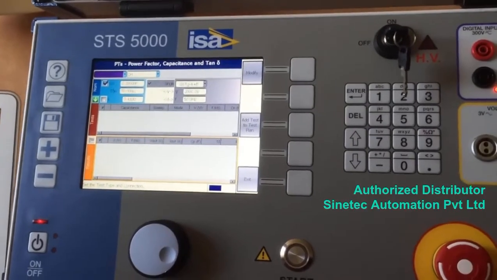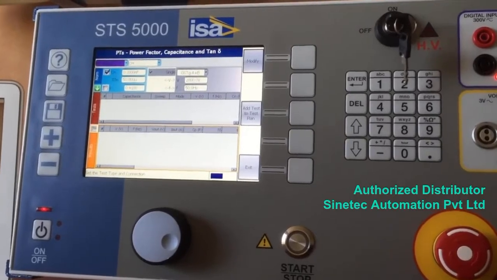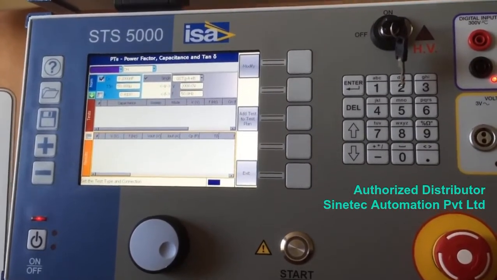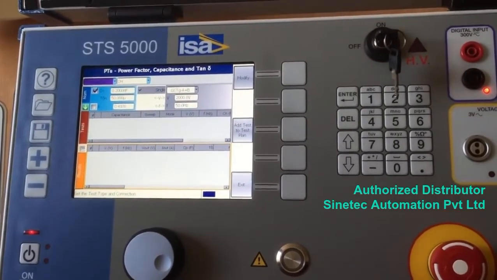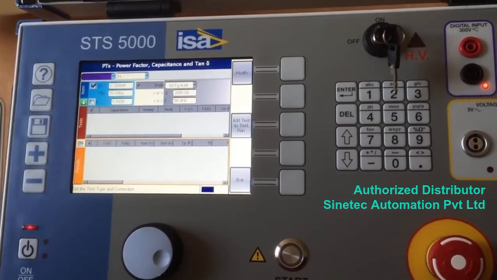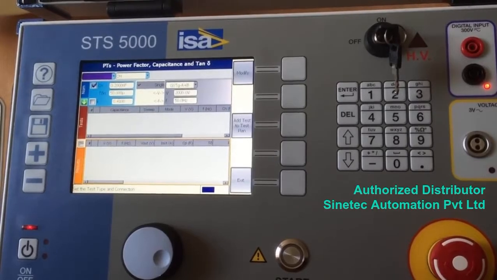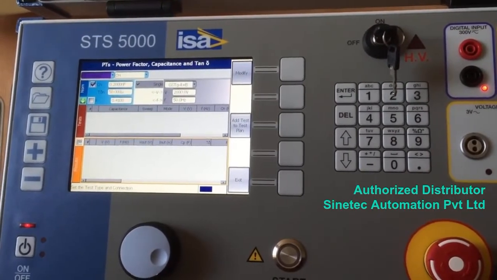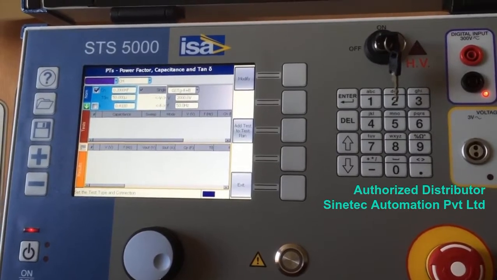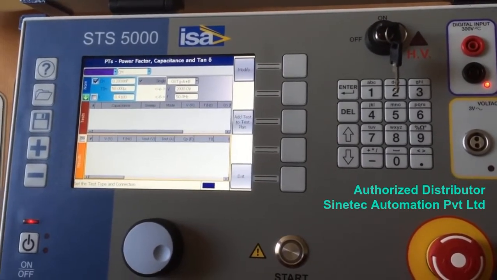Tan delta test, often called the power factor, is a test where you measure the insulation of either a transformer, power transformer, also voltage or current transformer, or even a circuit breaker can also be tested with this function. Tan delta, the simplest way to explain it is that we generate high voltage up to 12 kilovolt, and